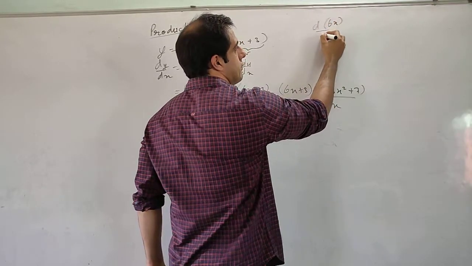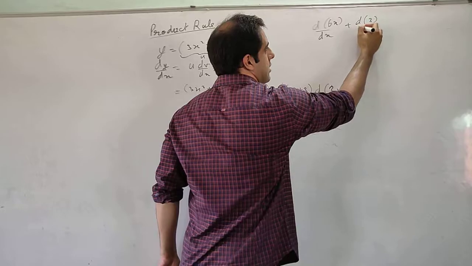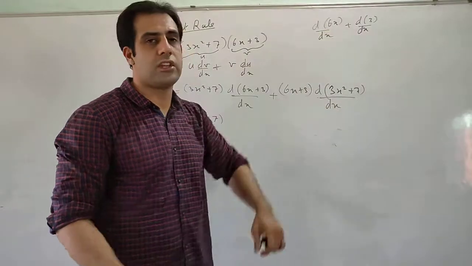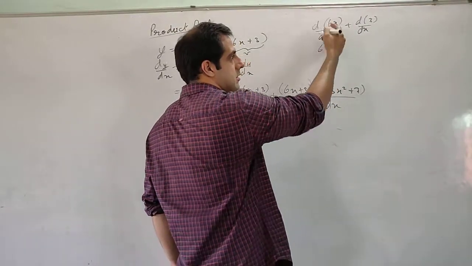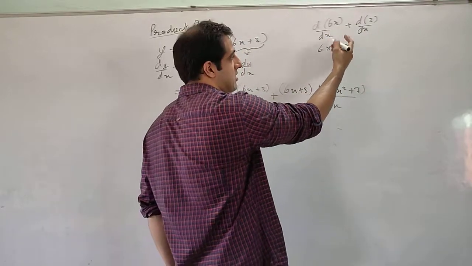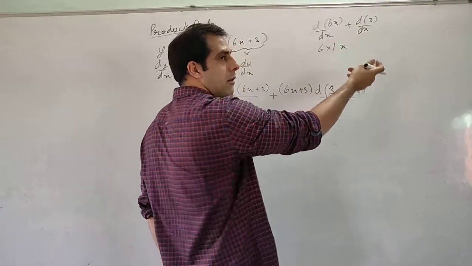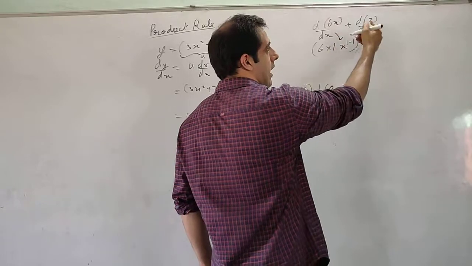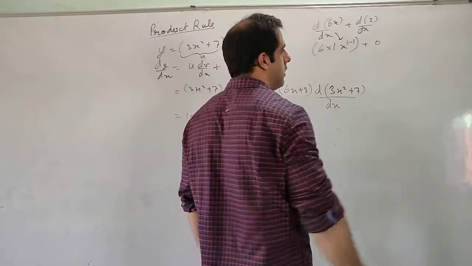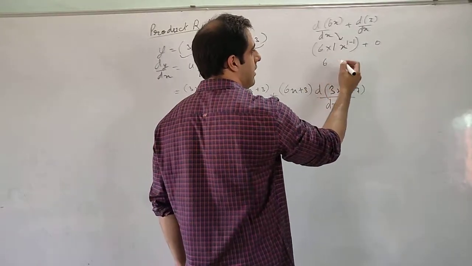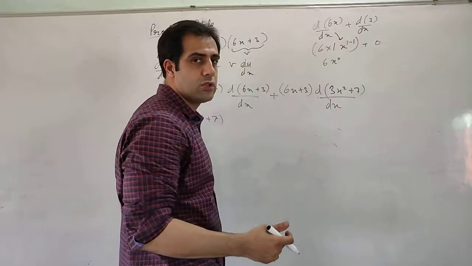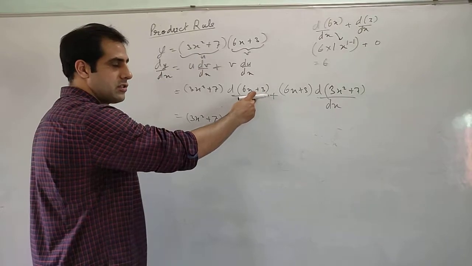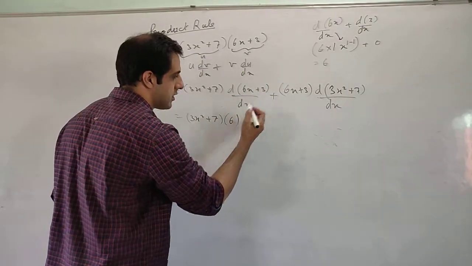Let us do it here. Differentiation of 6x plus differentiation of 3. I can do that. They are in addition. I can break them apart. What will be the differentiation of 6x? 6 into what is the power of x? 1. So power will come here. X power will be reduced by 1. 1 minus 1. Okay, this will be this term, and 3 is a constant. Its differentiation will be 0. What will we get here? We will get 6x to the power 0. What is x to the power 0? X to the power 0 is 1. So differentiation of 6x plus 3 is equal to 6.